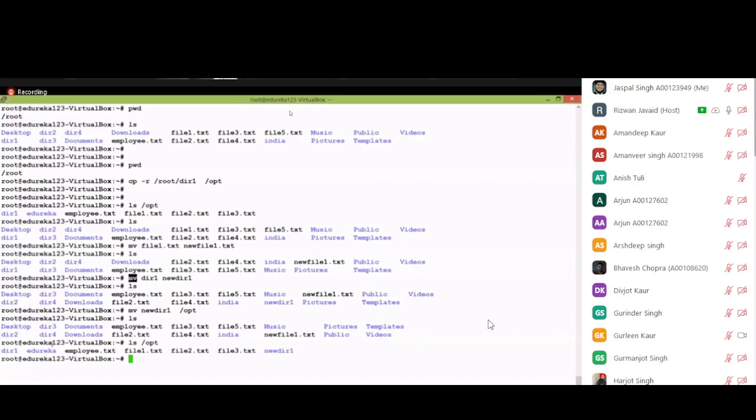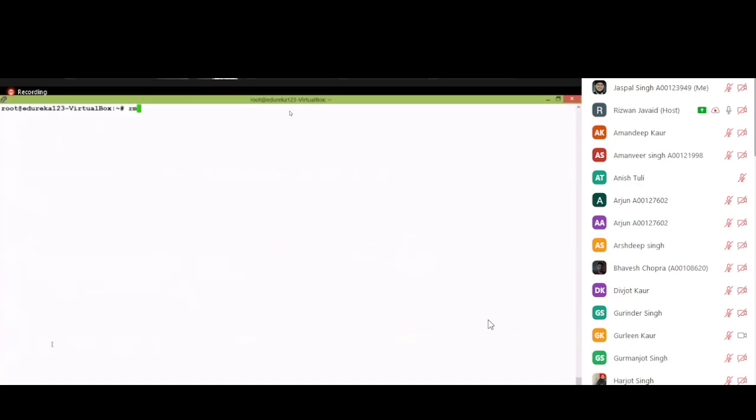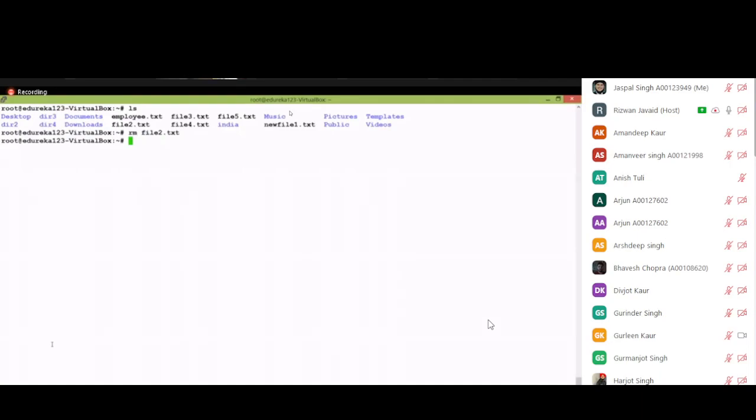And then you have the command called rm. rm is to remove a file or a directory. For example, you want to remove a file, rm file2.txt. By default, the rm command, move command, and copy command work in interactive mode. What is the meaning of interactive mode? Before you remove a file, it will prompt you whether you would like to remove this particular file or not. I believe some aliases have been removed here. By default, aliases would be there.